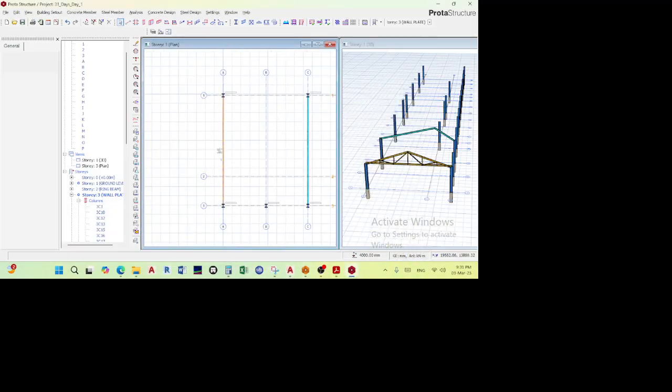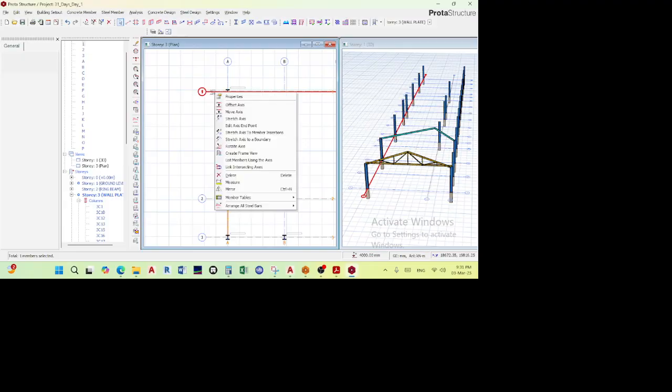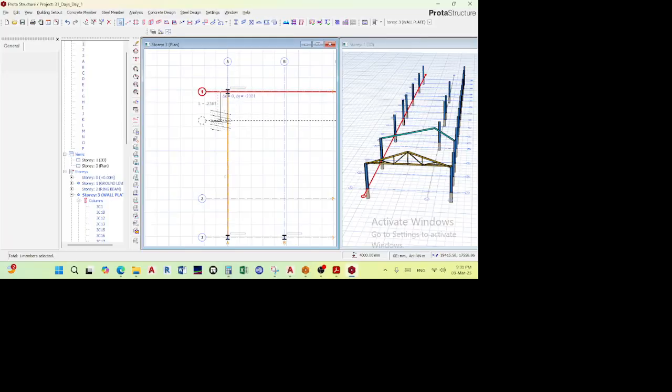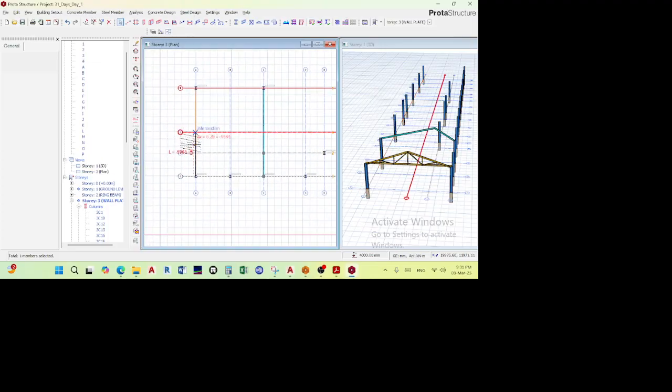5965. So like I was explaining previously, you go to what you wish to create. You select it, you right click, and what do you wish to do? You wish to offset. And where do you wish to offset? Upwards or downwards? Upwards is positive, downwards is negative, bear in mind. So it's not activated, so shift F2, you say minus 5965, right? You enter, and then you've got this